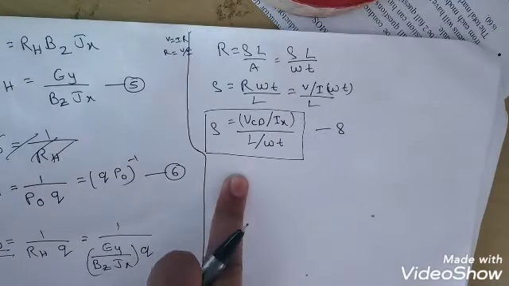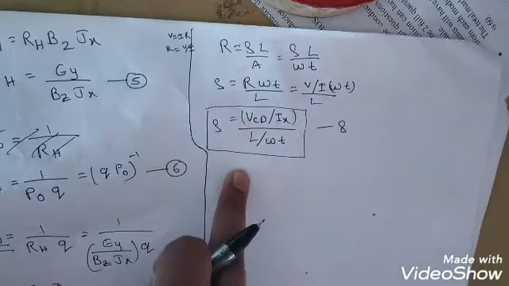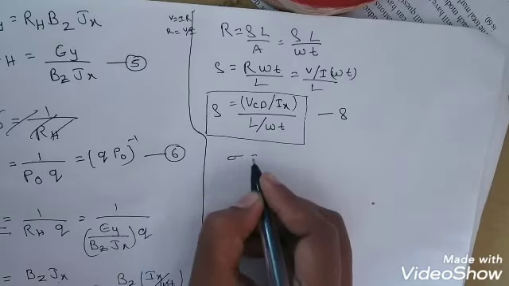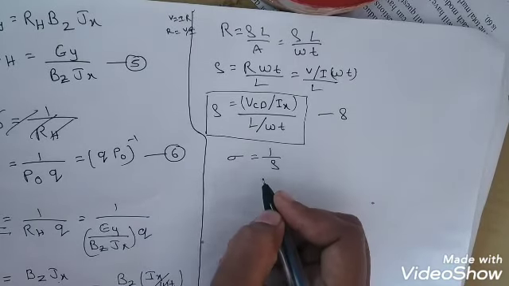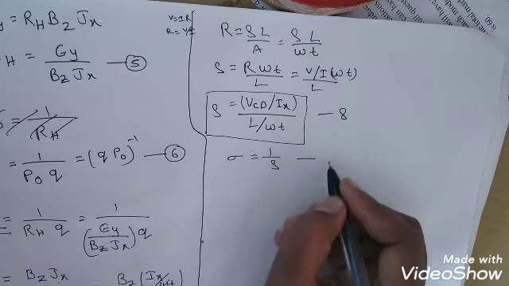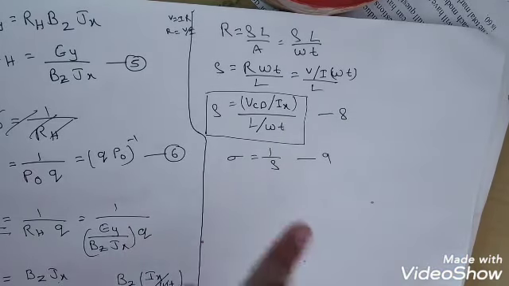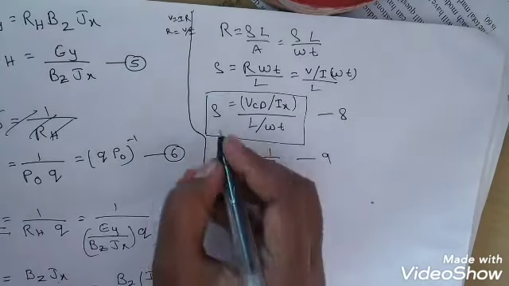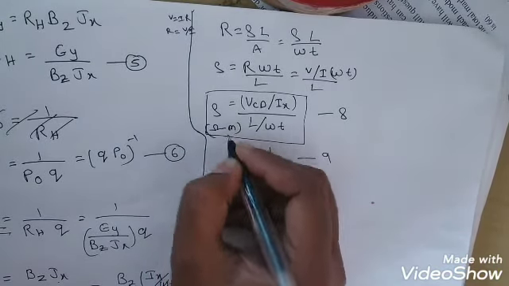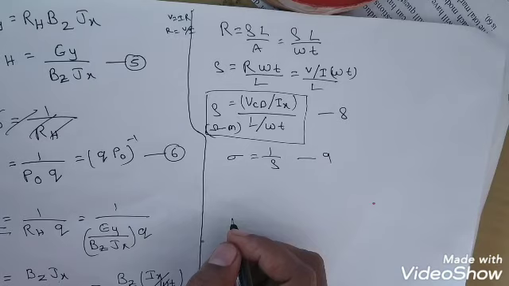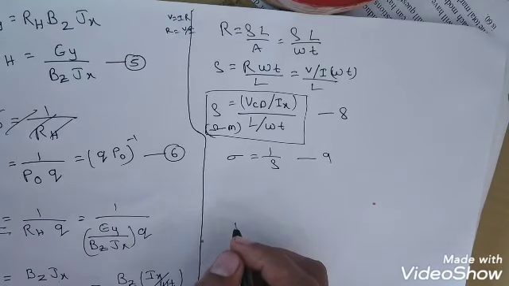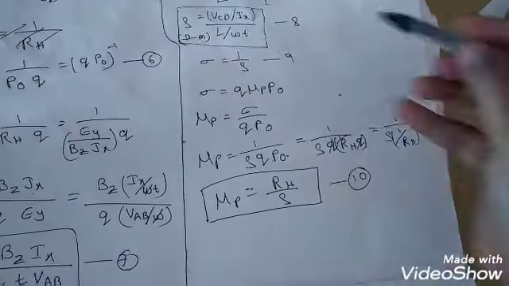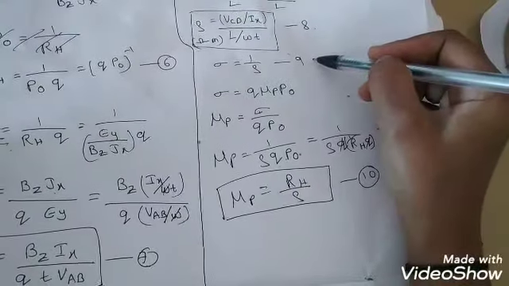So from the Hall effect we are able to find out the resistivity of a semiconductor material also. If we know the resistivity, then conductivity, the reciprocal of resistivity, can also be found out. Call this equation number 9. We have already calculated resistivity and conductivity. The unit for resistivity is ohm meter. So this one is the resistivity and this is our conductivity.